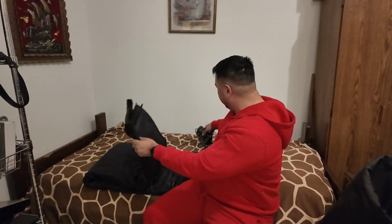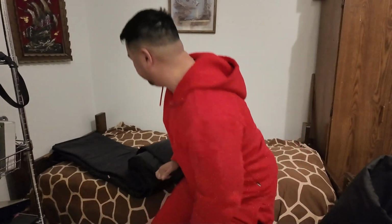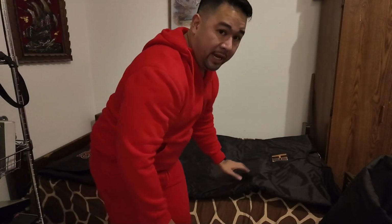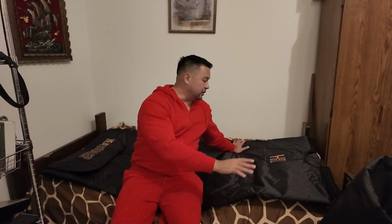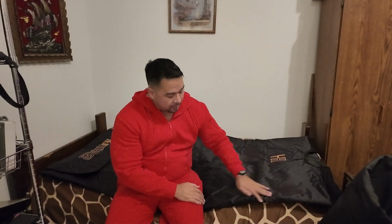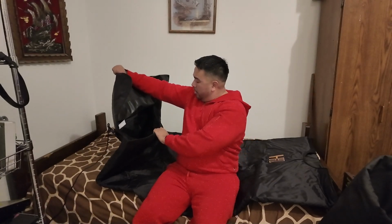I would say it's pretty similar in size to the Hydragun one. Actually, looking at it on the bed, I don't know if y'all can see it, but it's not as wide as the Hydragun one, for sure. There's only one zipper side, same as the Hydragun one. This part is enclosed. And on the bottom over here, there's also like a Velcro area, which I'm not sure